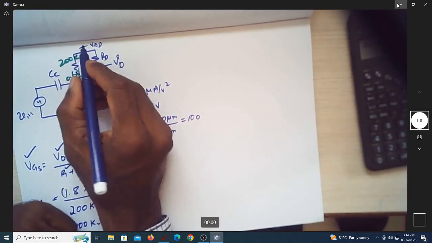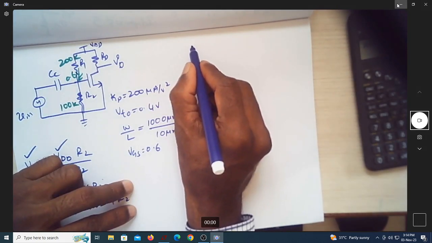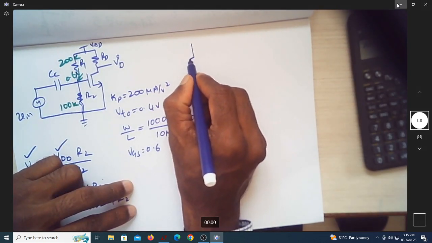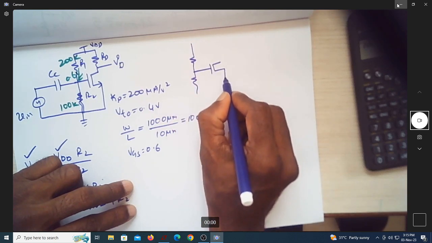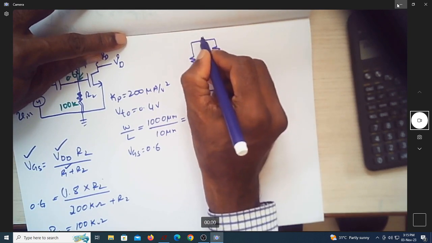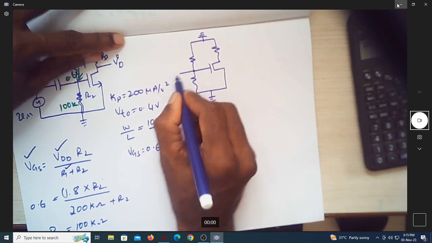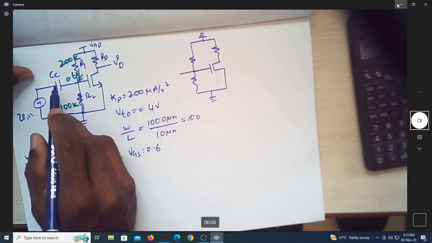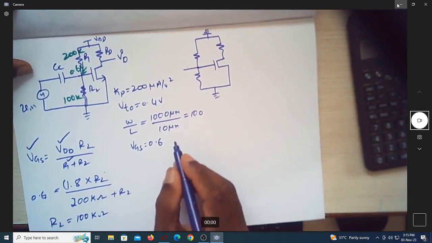So what is the AC equivalent? You replace this by ground. So this is how you're writing now. I'm writing this. So this is my AC equivalent circuit. You can see I'm grounding this. I'm grounding this also. This capacitor will be considered as a short circuit for AC analysis, because let me just